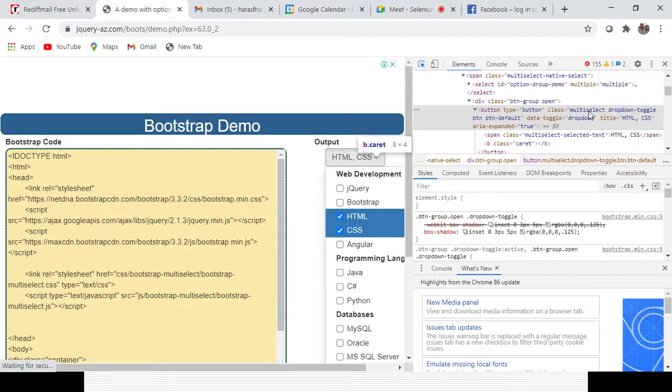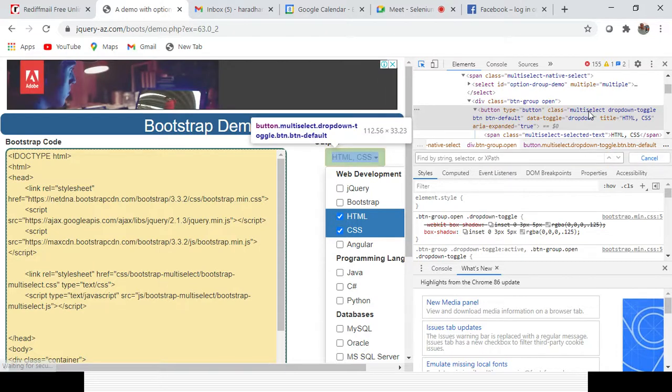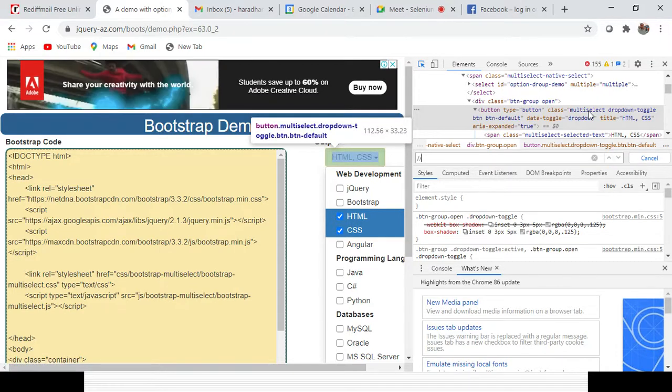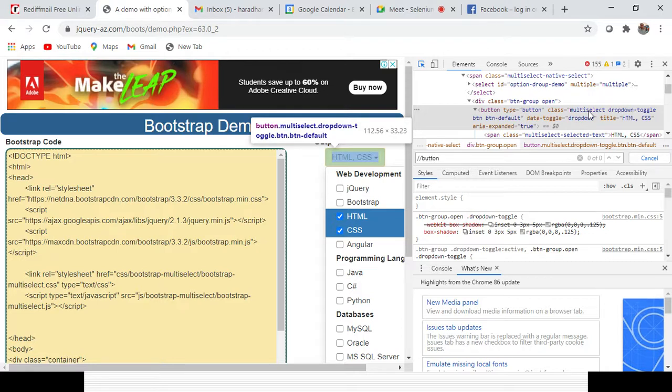So I will create the XPath first. It will start with button, then I will give a square bracket and then the at the rate annotation. Or I will use the contains keyword, because the multi select drop down toggle is a lengthy class and sometimes it can change.